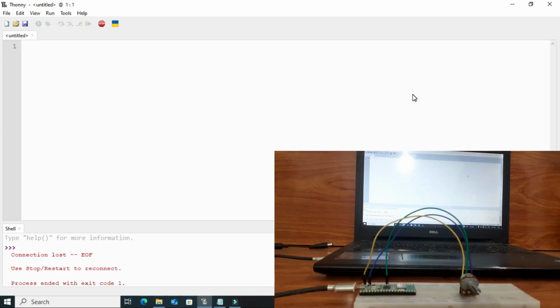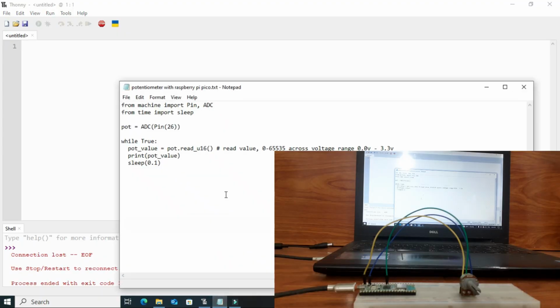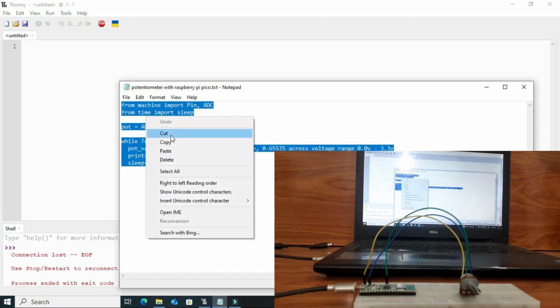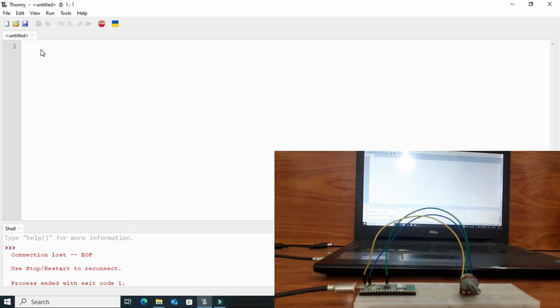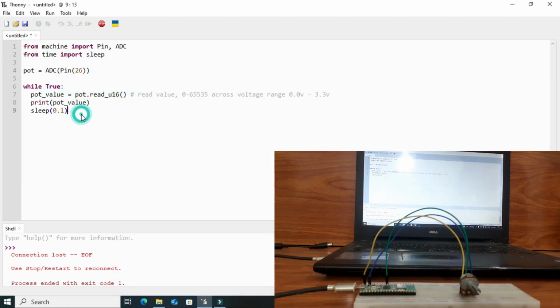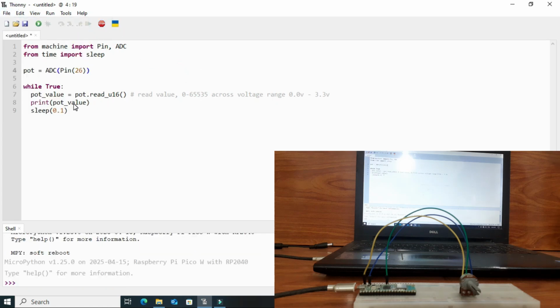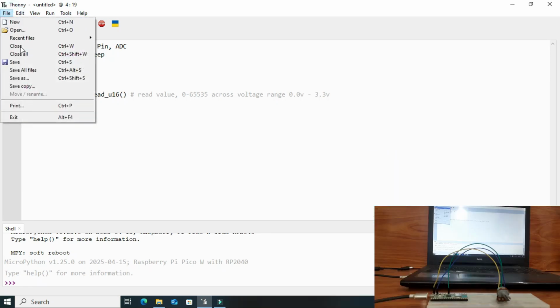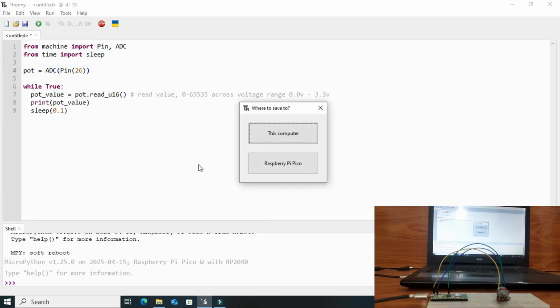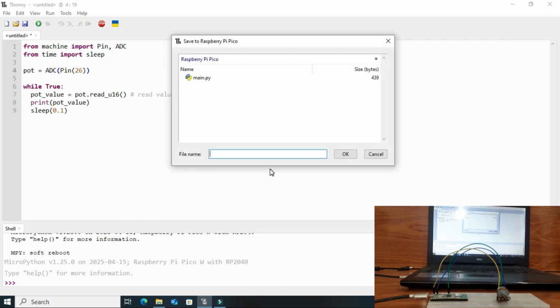Paste the code into Thonny. And save it in the Raspberry Pi Pico.